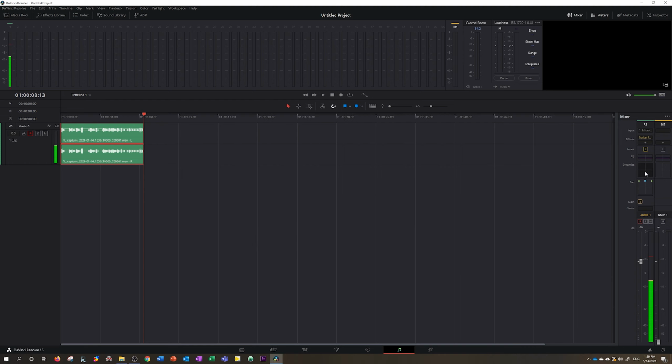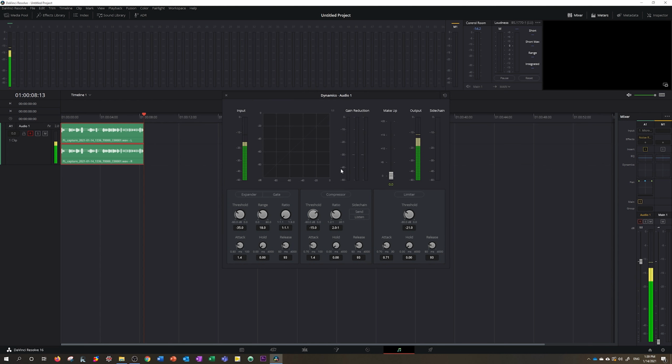So where it says Dynamics, double click on this little graph, and we're going to activate a compressor. So what you want to do is activate your compressor, leave the threshold and ratio settings the same, and then talk into your microphone and adjust the makeup gain until your voice is just below the red. So for me, I don't need to really add much makeup gain, but if your voice is a little bit